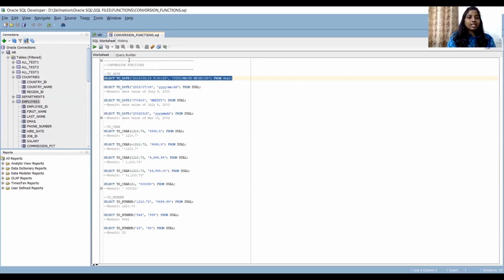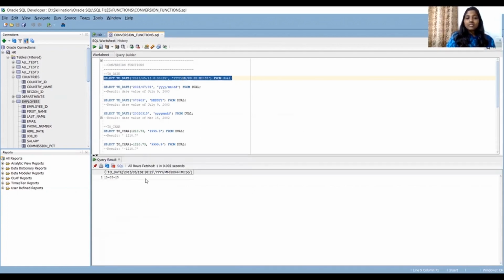Let's understand the functionality. If you see, I've given this inside a string, like the single quote, right? So what does the single quote mean? It is a string value. So what am I trying to convert here to a date format? Actually, a string value is getting converted into a date. Anything you give inside a single quote is a string value, and then you're trying to convert that string value into date format. Okay, let's run it.